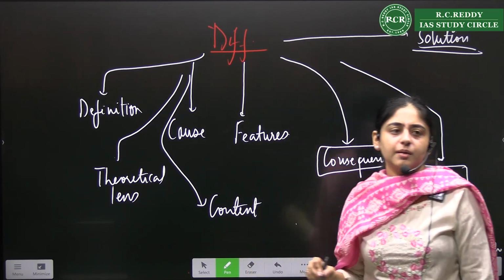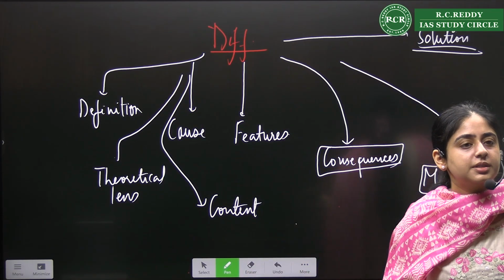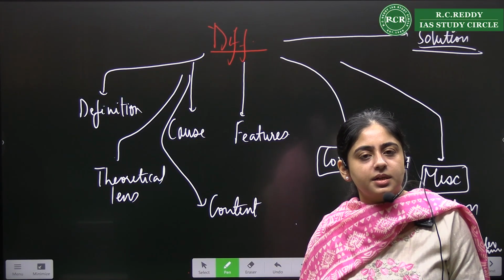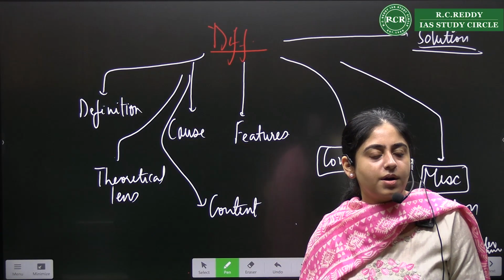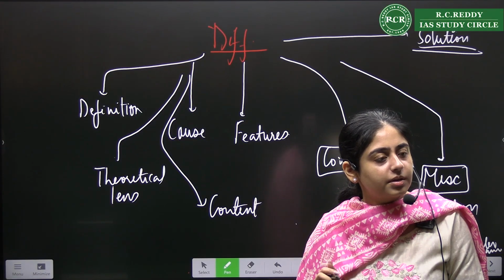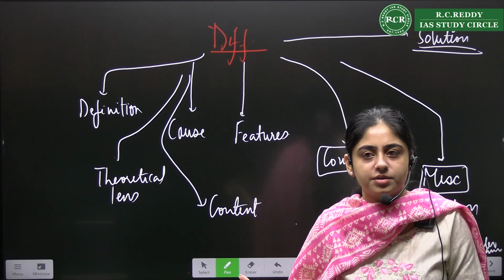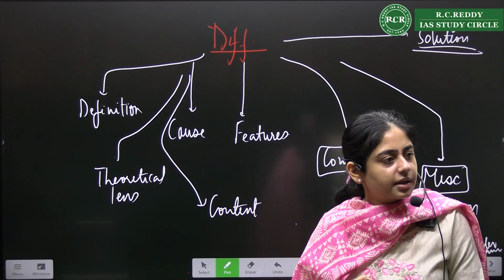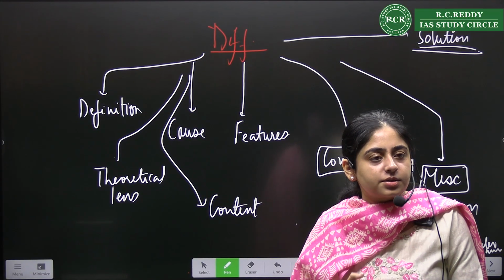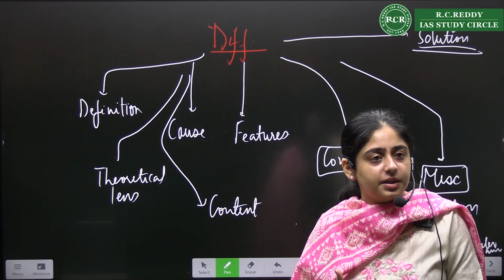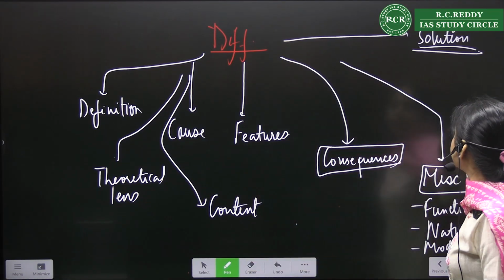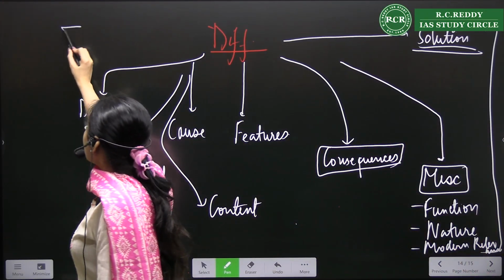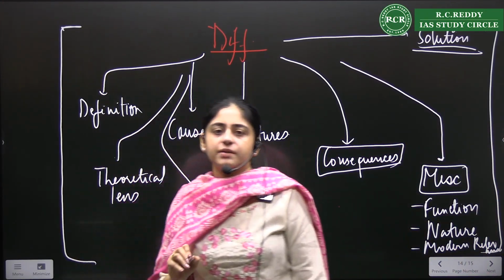right? Sometimes the concept, say for example, the religion theory you are discussing. When Durkheim is studying religion, his context is traditional society, although he is saying the same is there for modern society. But his area of study is in the traditional society, right? So the context or the timeline in which both of them are discussing. So these points should be kept in mind, right? You can keep on adding points also. This is not an exhaustive list.